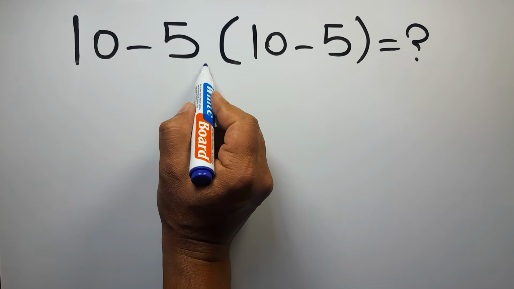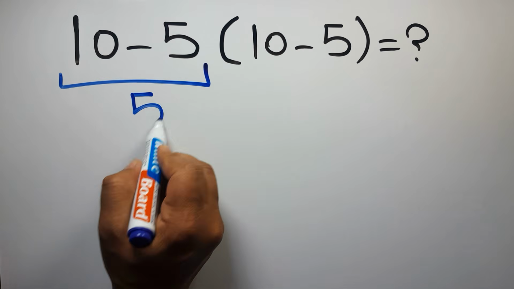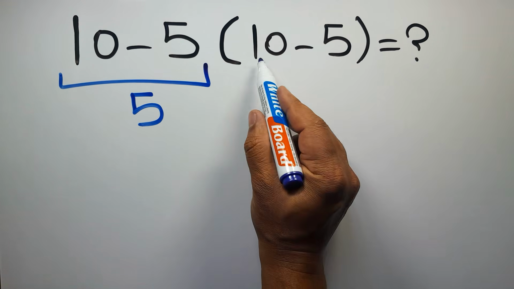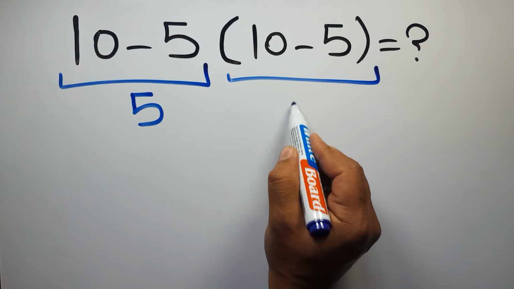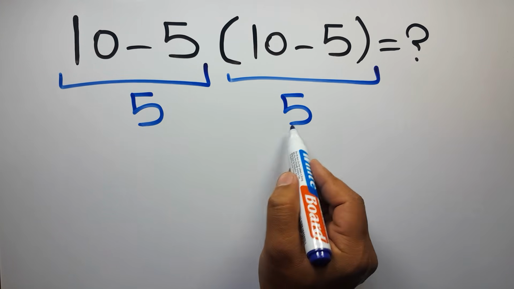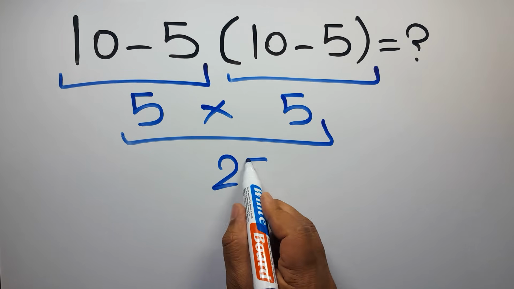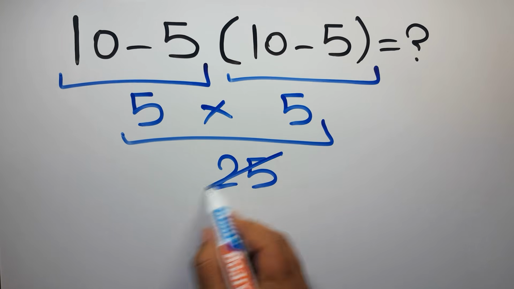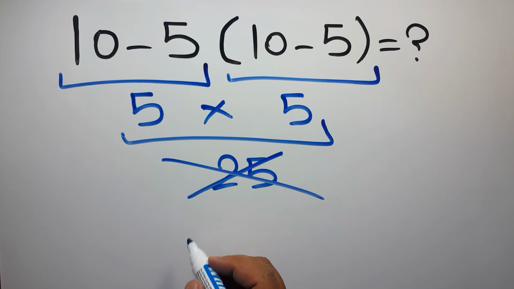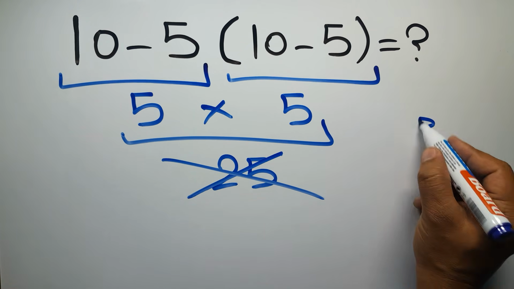10 minus 5 equals 5. And again here inside this parentheses we have 10 minus 5. So 5 times 5 which equals 25. But this answer is not correct because according to the order of operations, which is PEMDAS,